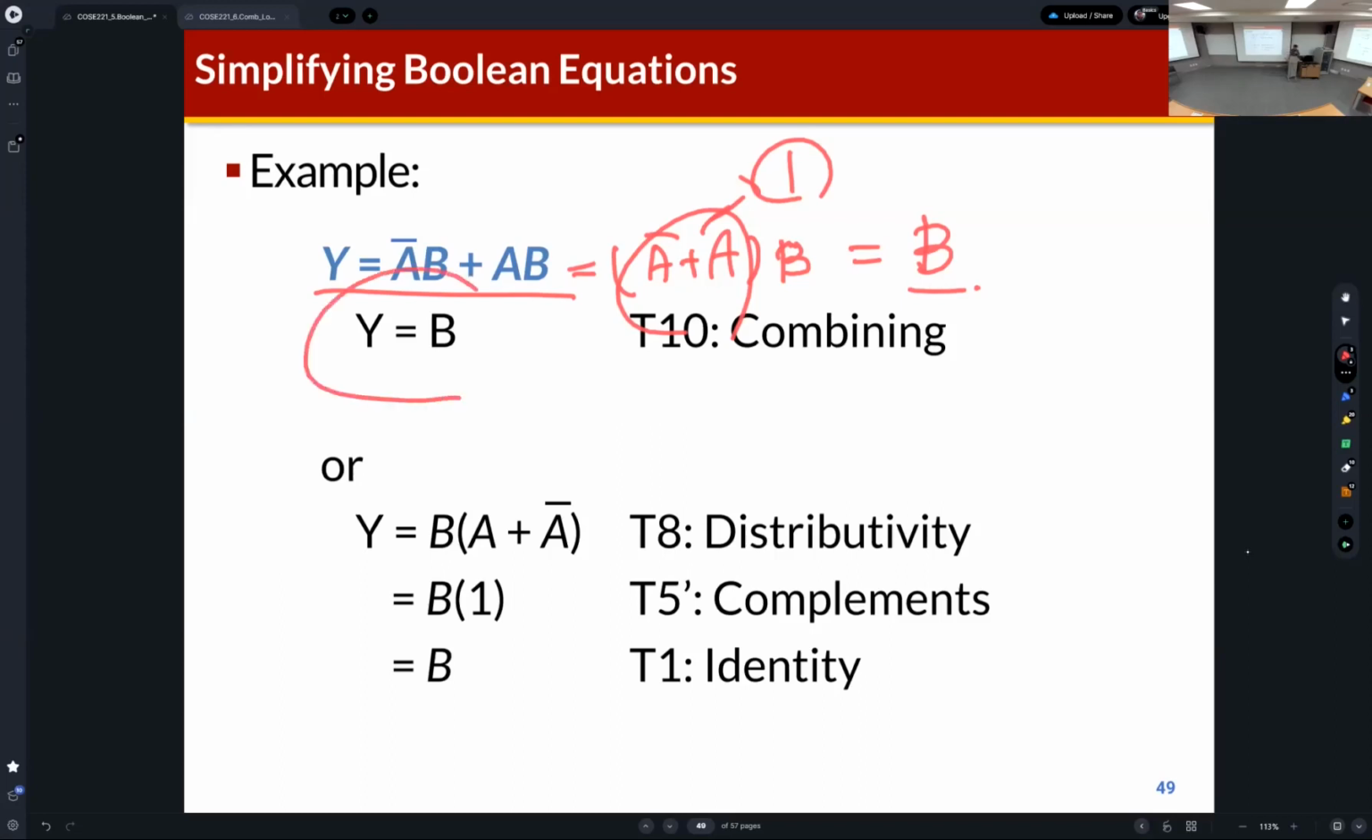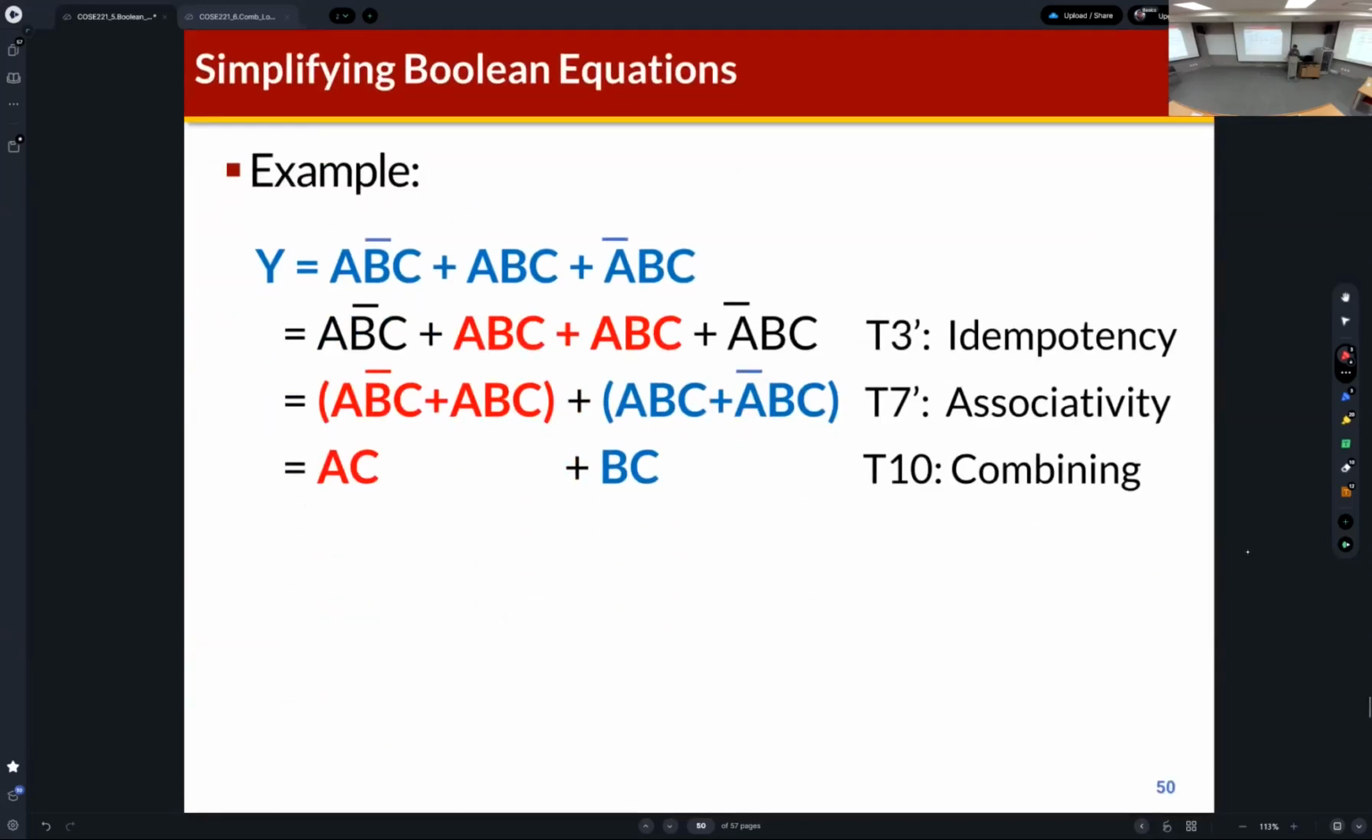So we can optimize Boolean equations using theorems and axioms. This is another example. It's a little bit tricky. This is the Boolean equation, and you are requested to simplify this equation. And how? Actually, we are not familiar with this